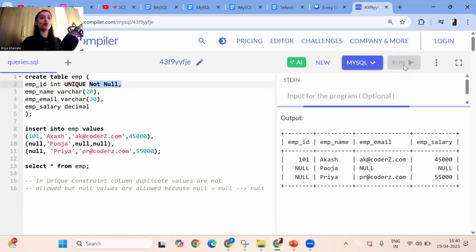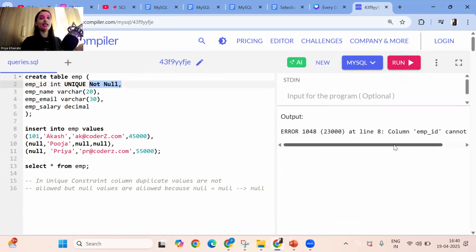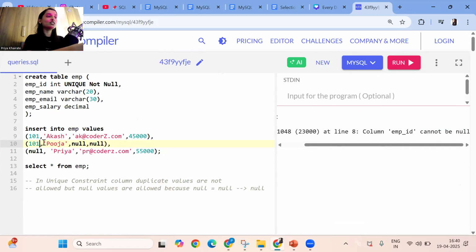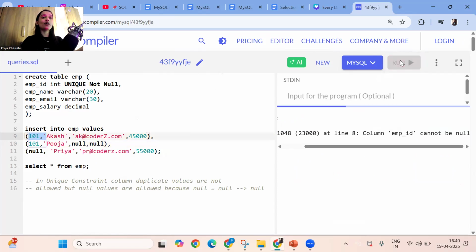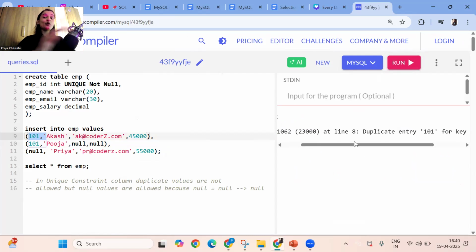So now if I run the code, see, I got an error: employee ID cannot be null. So null values are not allowed now. If I try to insert 101, is it allowed, guys? 101 is already present. So if I run this code, see, your DBMS is stopping you from inserting this invalid data. So I will give one unique employee ID, 102.